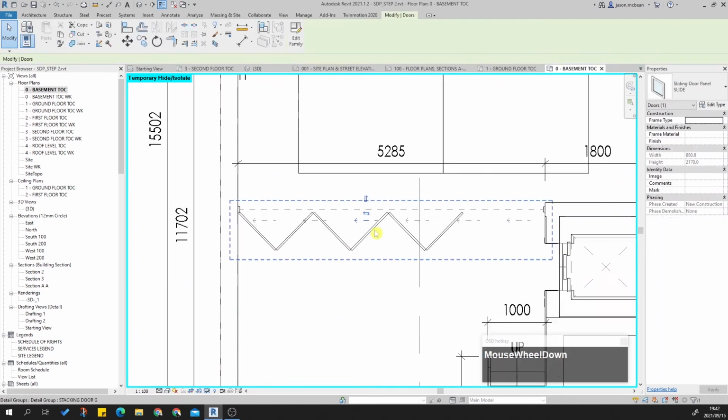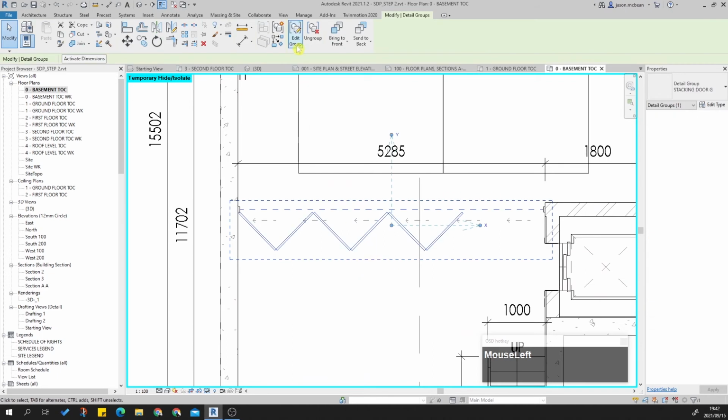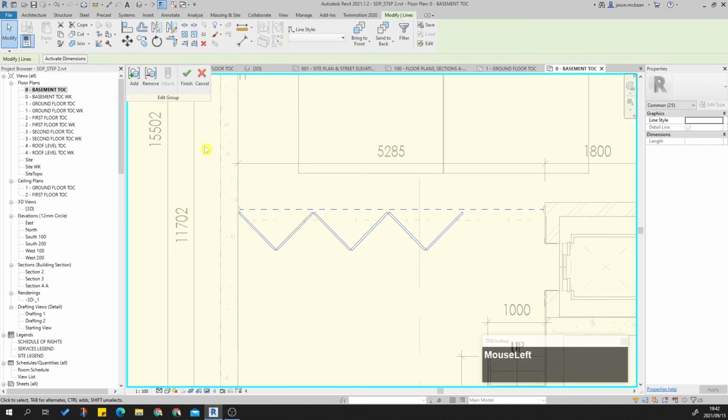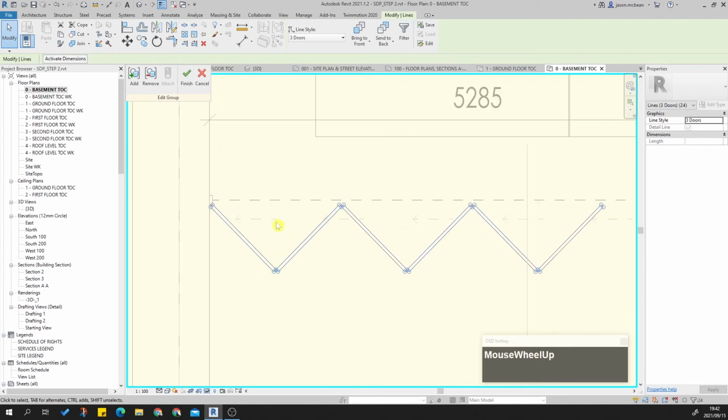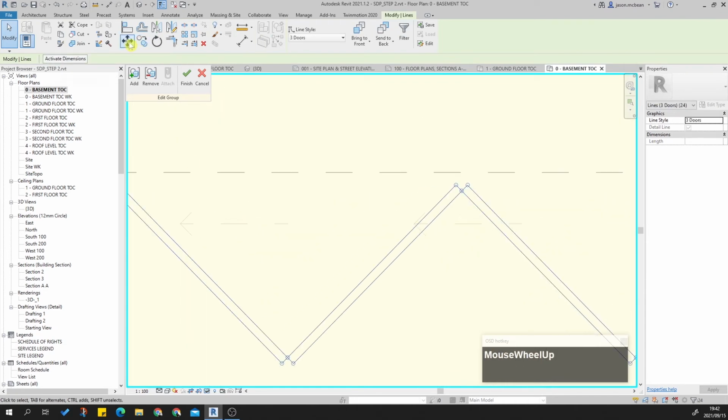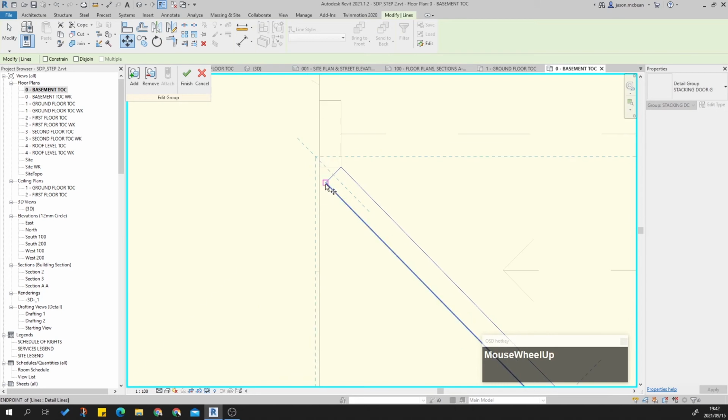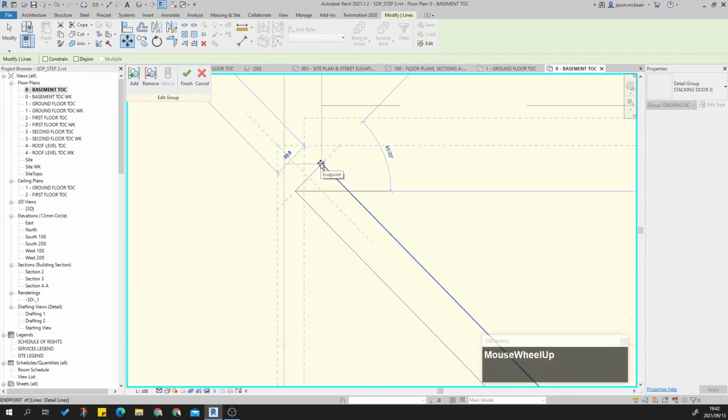So I have made a slight little error there, so let's just go back in here, edit group, but it's nice because it's a group. We can get rid of that line. Okay, and then I'm simply going to move that to there. Okay,